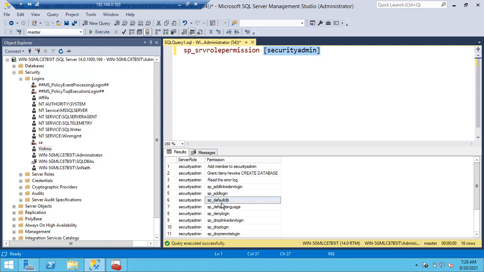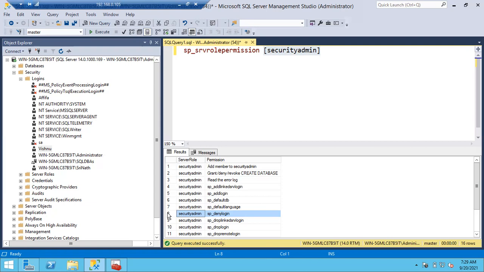We can simply add logins to the role. That's it. If I don't like this permission, I cannot remove it from this role. If I like one permission, I cannot add an extra permission to this role. These permissions are fixed. That's why we call them fixed server roles.